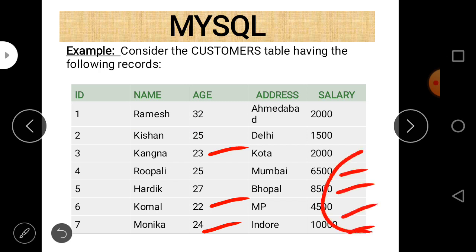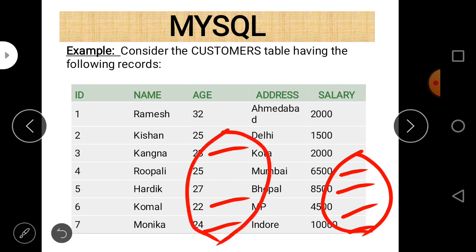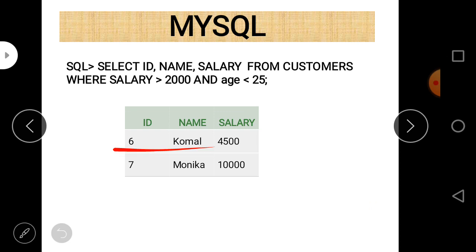According to the first condition these 4 rows will be selected, and according to the second condition these 3 rows will be selected, and among these only records 6 and 7 are common, so only these 2 records will be printed. And among these records, the data related to ID, name, and salary will be printed, because we wrote select ID, name, and salary.